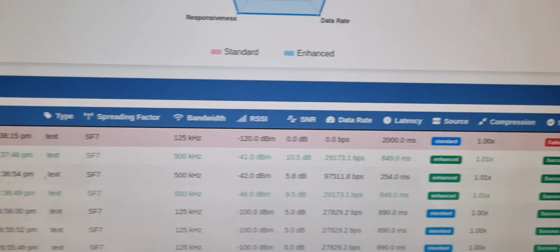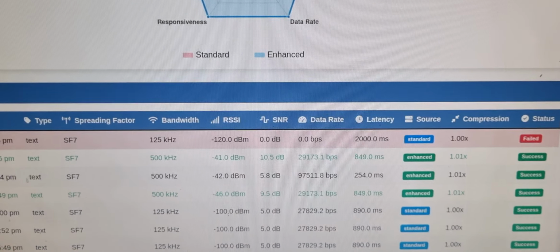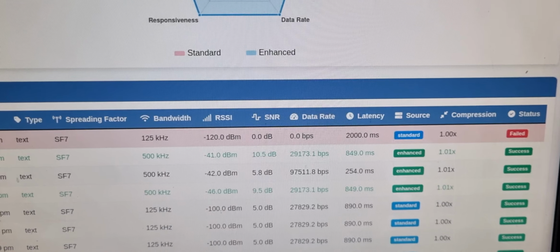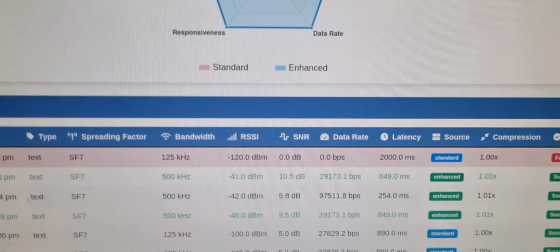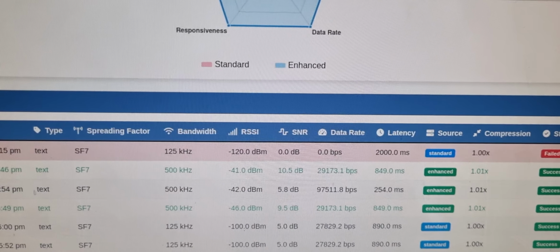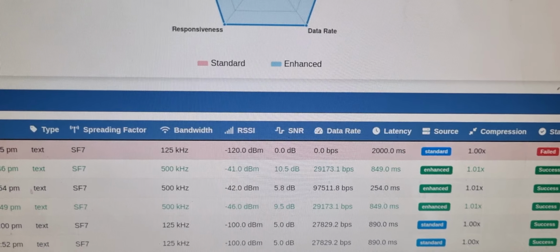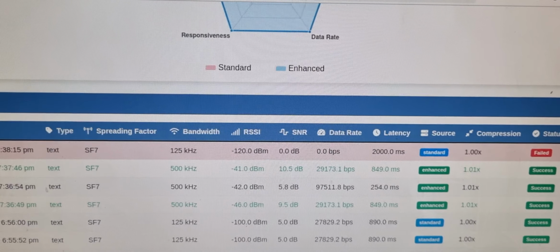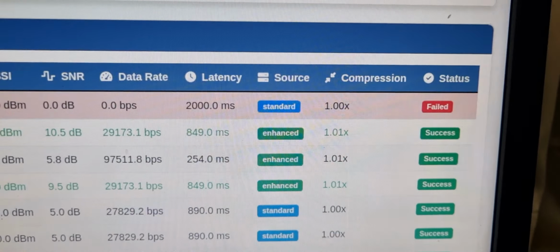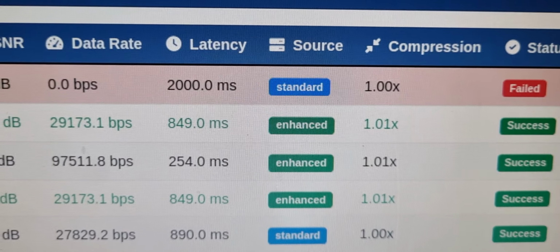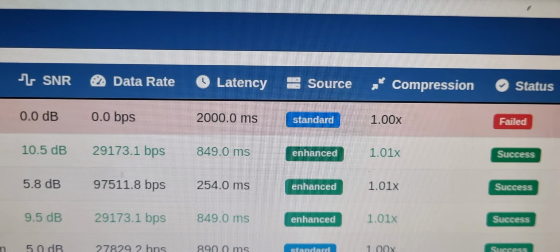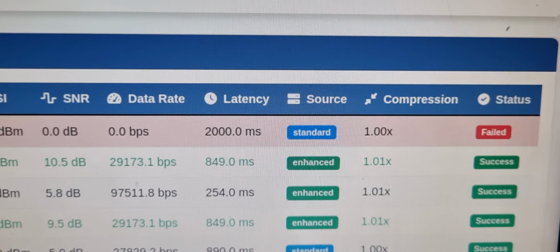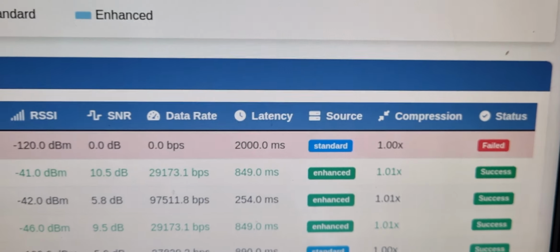As you can see, there is a failed transmission. There is a reason behind it. We have used the same receiver, which has a timer of 30 seconds. It takes 30 seconds to reset to the default parameters to make sure that it receives data from the standard. So as you can see, it is able to receive data from the enhanced but not able to receive from the standard. It needs 30 seconds to reset its default parameters